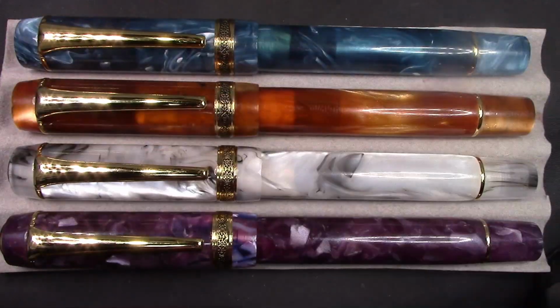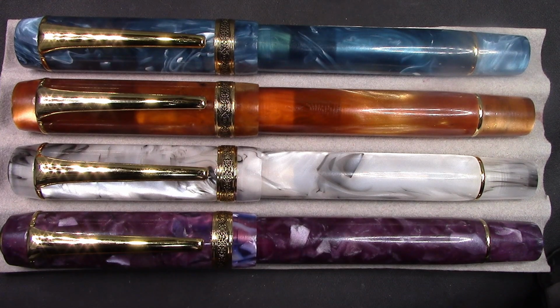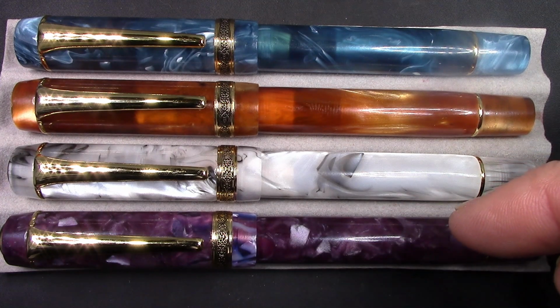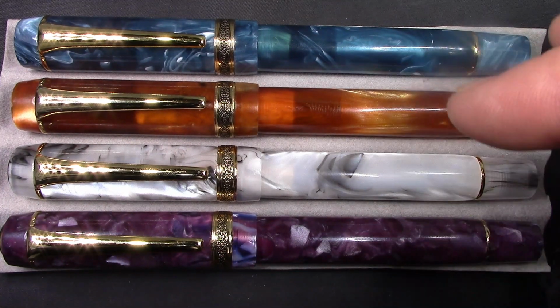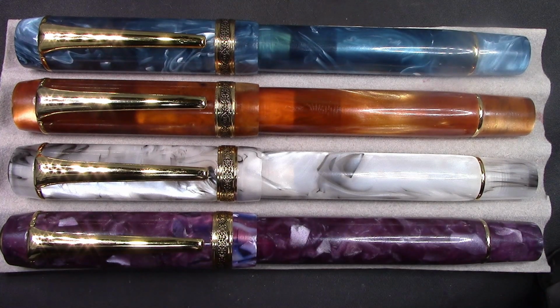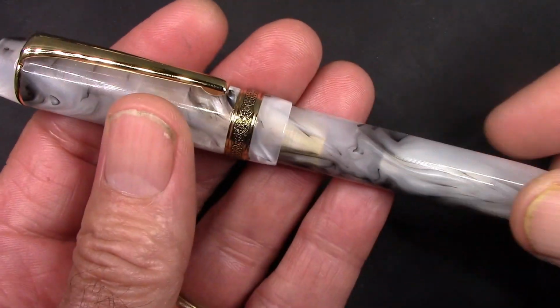I haven't done this for a while. Cellophane. What an amazing sound. So we're going to explore the extra fine nib on the purple one and talk about the purple one and show you the white one because the acrylics are amazing. I love them. These are great pens. They're at an excellent price. Say no more. So feast your eyes on this